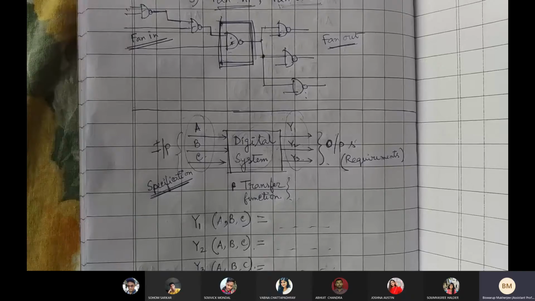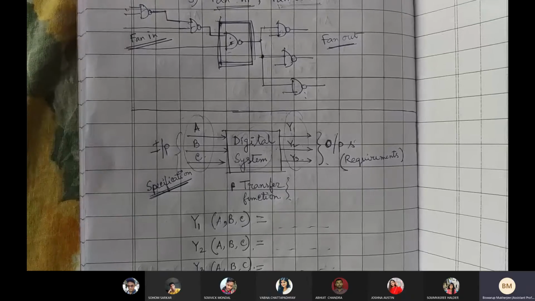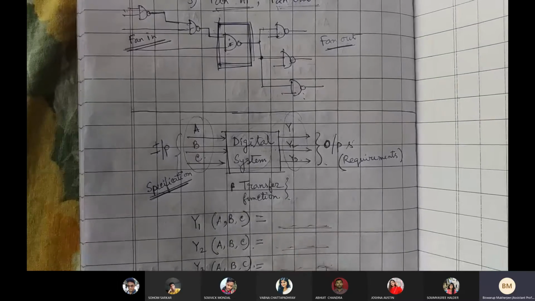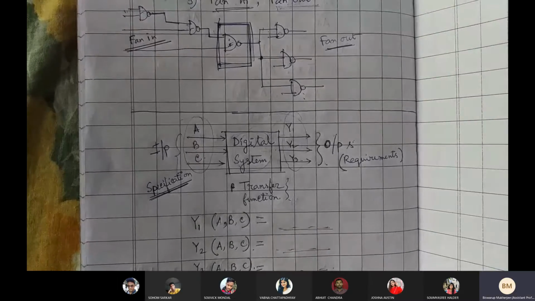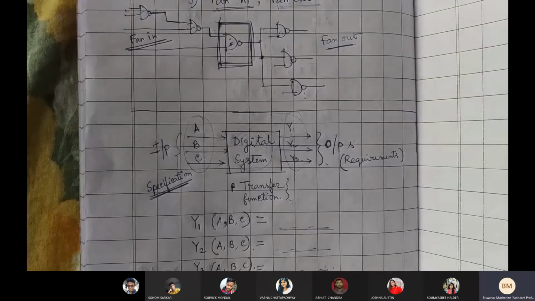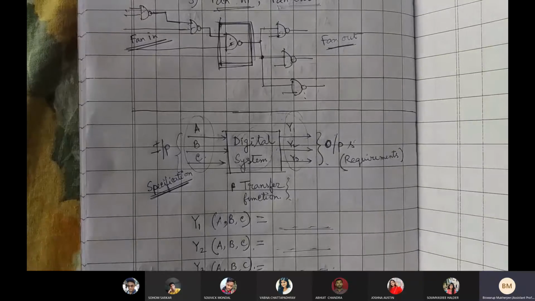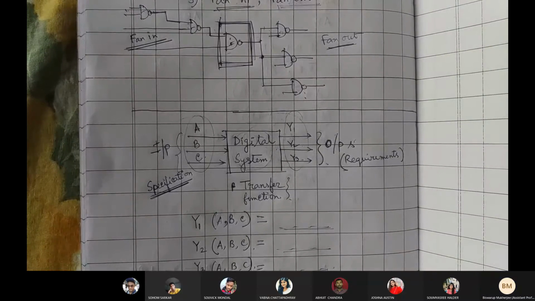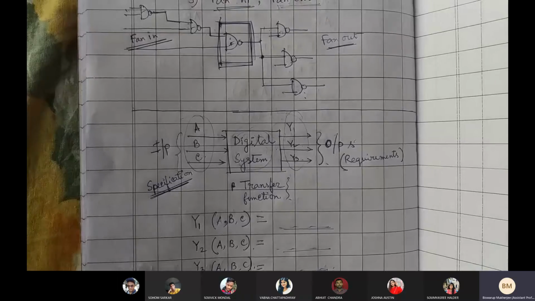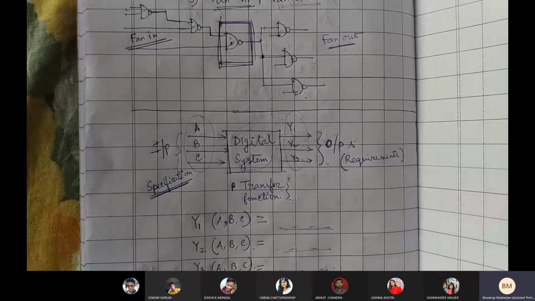The process by which we find out these transfer functions or Boolean functions, and by which we finally produce the circuit, okay, this would be my circuit, is called system design. That is what system design is used for. Okay. So the first step of making such a system design is that,